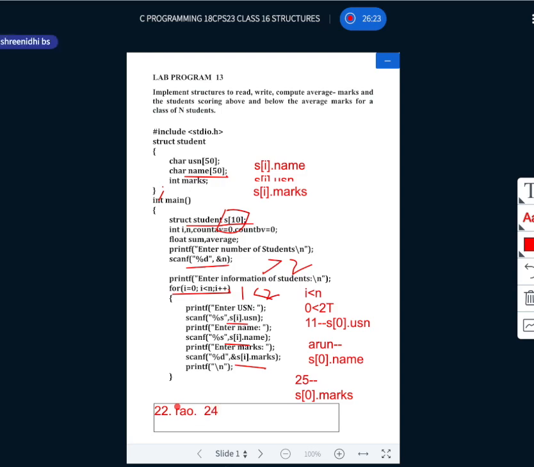You know where it will be stored? It will be stored in s of 1 dot usn, s of 1 dot name, and s of 1 dot marks.